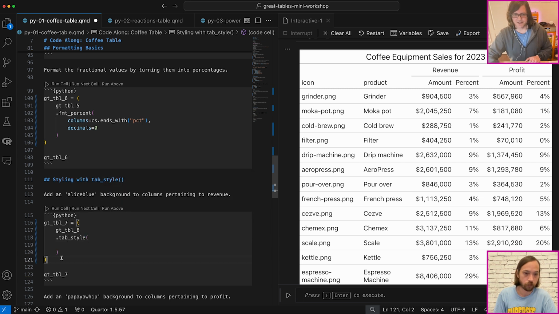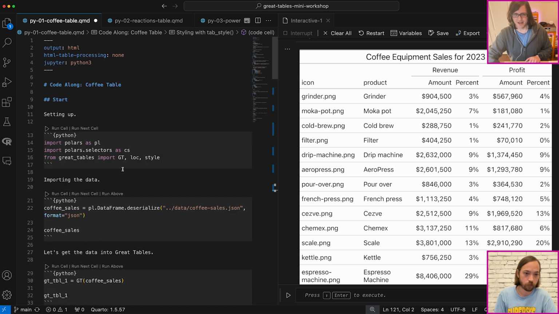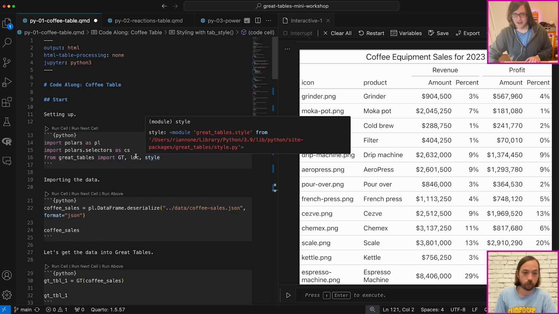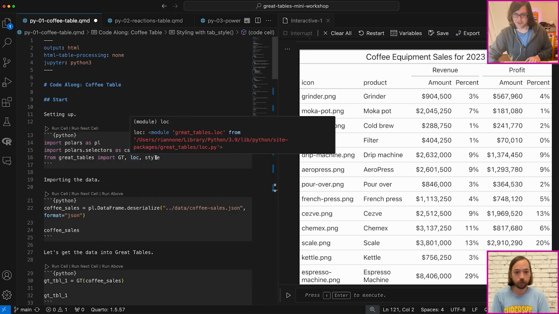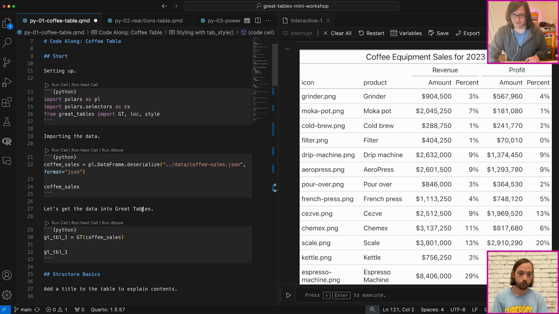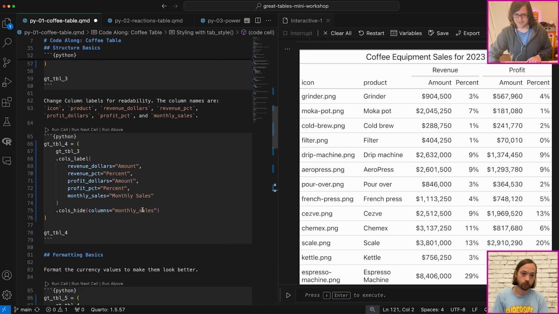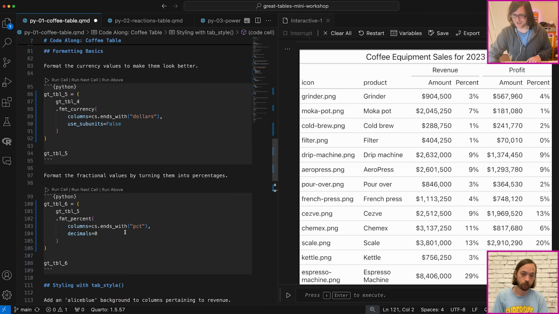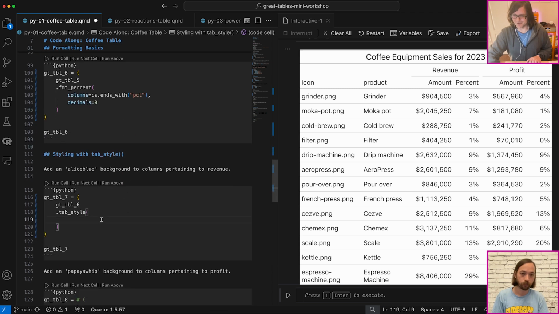So I'll make a note of this because at the beginning we had to import, I'm going to scroll back, loc and style. These 2 classes are specifically needed for tab style. If you don't have this imported, you won't be able to use tab style. So the key thing is to import those if you're using styles, and then to use them in the 2 different arguments. Okay, so in this case, what we'll do is we'll start with style, and that'll be equal to,